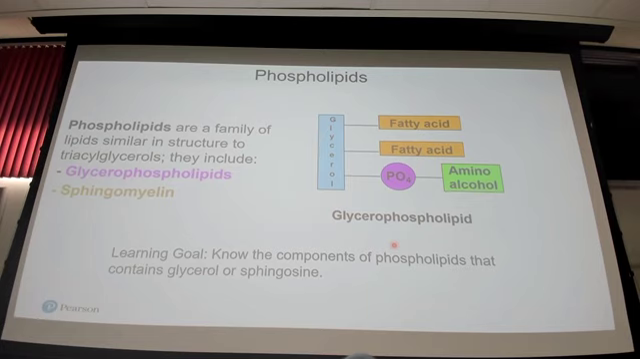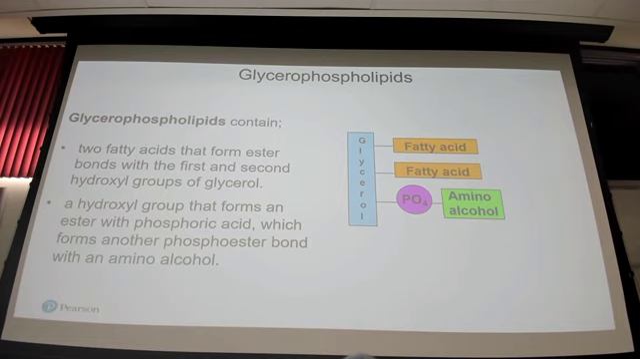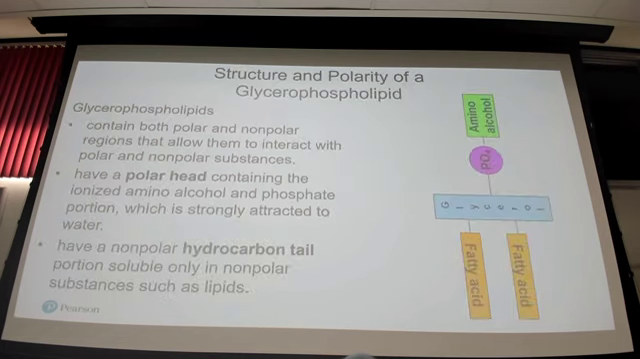So phospholipids are similar to TAGs. However, instead of having 3 fatty acid molecules, they also have a phosphate group and amino alcohol attached in the 3rd position of the glycerol backbone. So, as I mentioned, glycerol phospholipids have 2 fatty acids, 1 phosphate group, and 1 amino alcohol. We know glycerol phospholipids are a component of the cell membrane, and this is kind of how